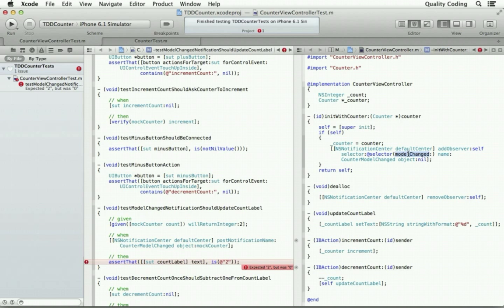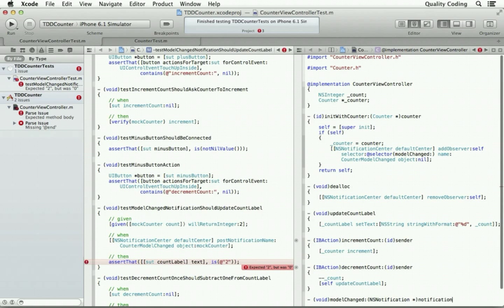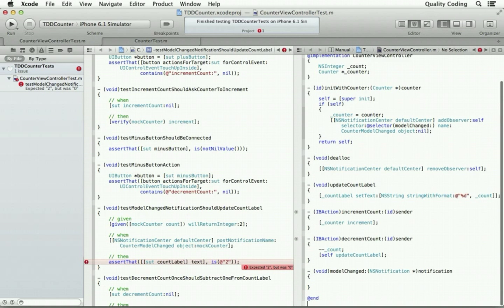Now, let's implement this. I'm going to put it down here just so that the code reads more top to bottom. And what should it do? It should do something an awful lot like this, except that this is left over.